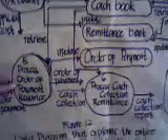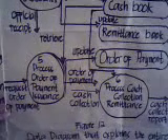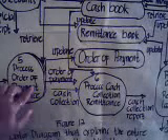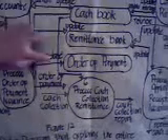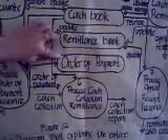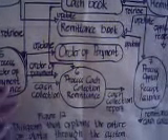Then the fifth example is the process order of payment issuance. The customer requests an order of payment. Then the system will process through updating and retrieving the cash book, and also updating the order of payment. Then after that, the system will process, and it will give the order of payment to the customer.